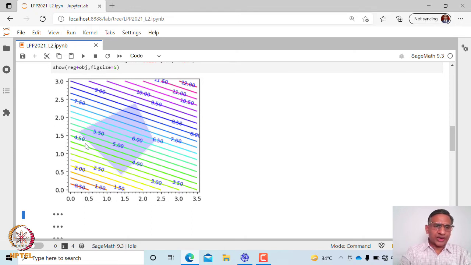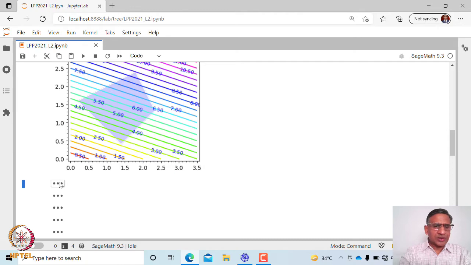So first thing is to find out this feasible region, find out these corner points, and one way is to find all these corner points, and at these corner points you just compare the value of the objective function. If it is a maximization type, choose the one at which the value is maximum. If it is a minimization type, choose the point at which the value of the objective function is minimum. That is how we can solve a linear programming problem graphically whenever you have only two design variables.